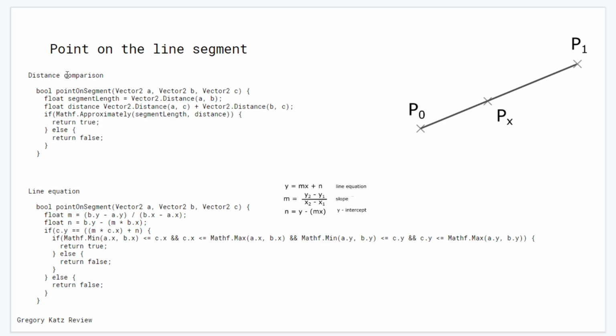Due to the way computers handle float values, we need to use the math approximately function, because otherwise if we just try to determine if they're equal, sometimes it won't work, even if the numbers look the same. And if somebody dislikes this approximately function, the line equation doesn't require this, and this solution is based on the line